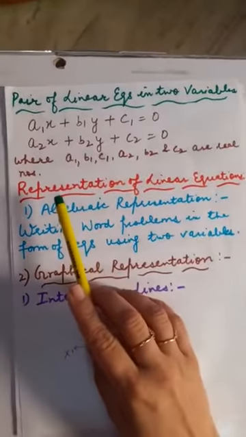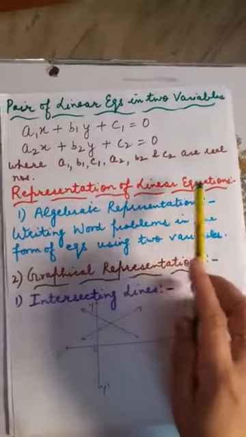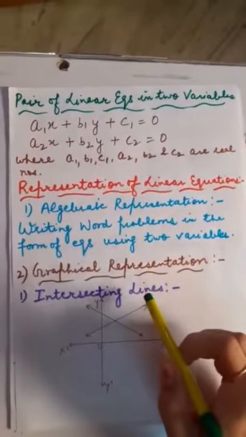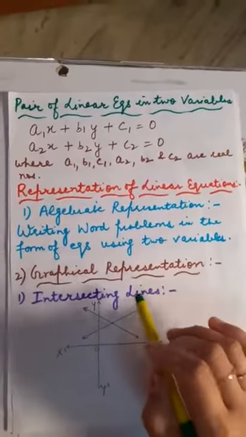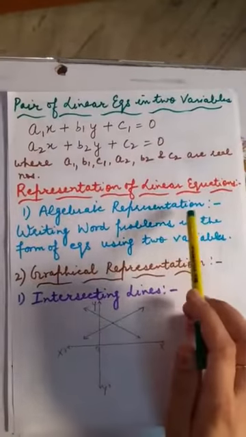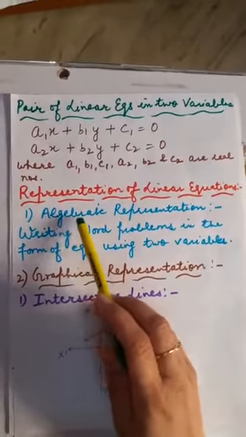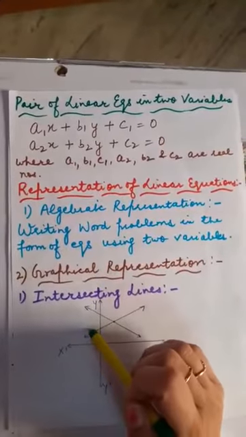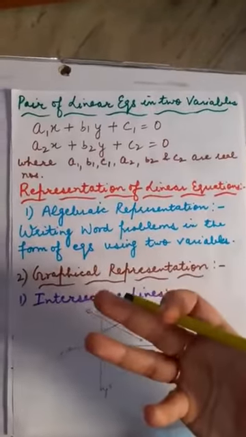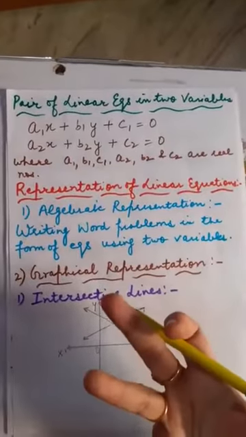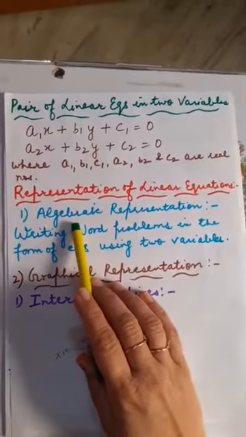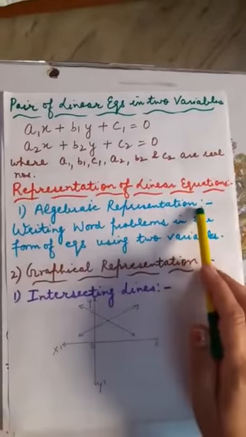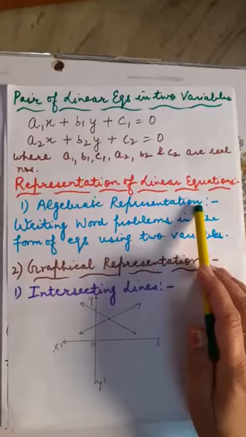Now, let us switch to the next concept, that is representation of the linear equation. Linear equations are represented in two ways, which I am going to cover today. Number 1, algebraic representation. Through the name itself, you can judge very well. Whenever you have any word problem given, you are just going to frame a pair of linear equations using algebraic terms like variable as well as constant. So that representation is known as algebraic representation.